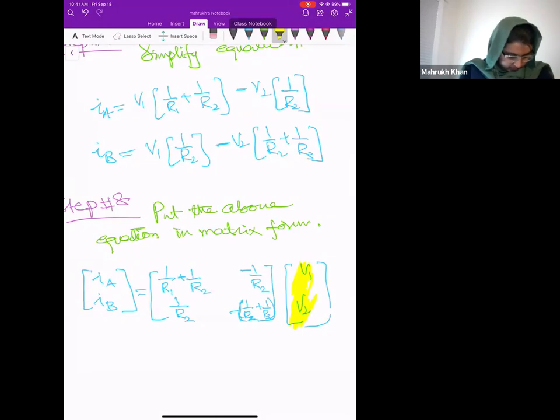Just a minute, let me. Yes, so if you see that I actually took 1 over R1 plus 1 over R2, minus 1 over R2 and 1 over R2 here, and 1 over R2 plus 1 over R3. So you need to keep in mind, it's not difficult to write them in the form of a matrix, but you are seeing that